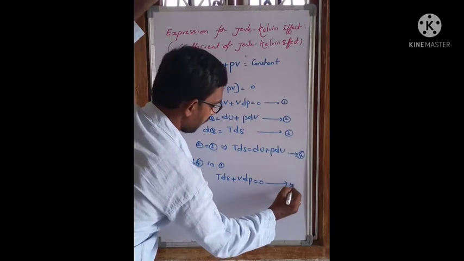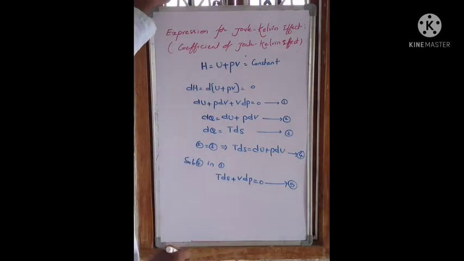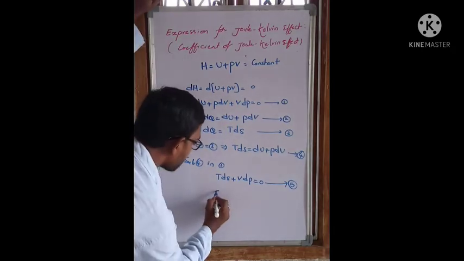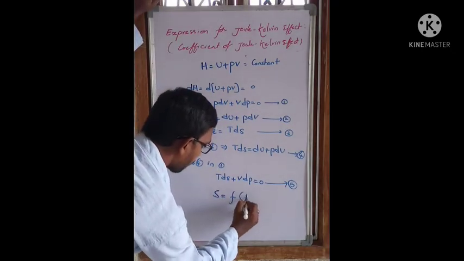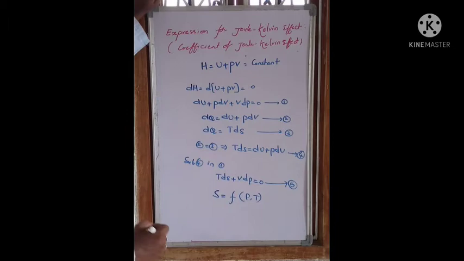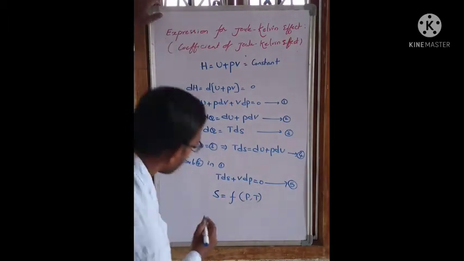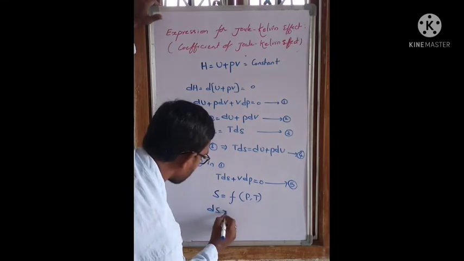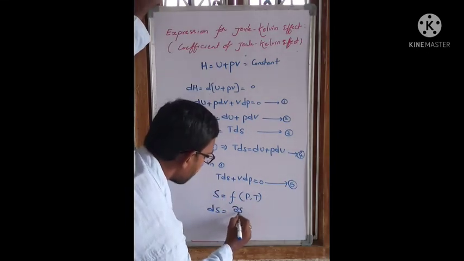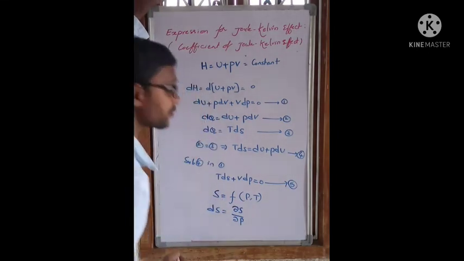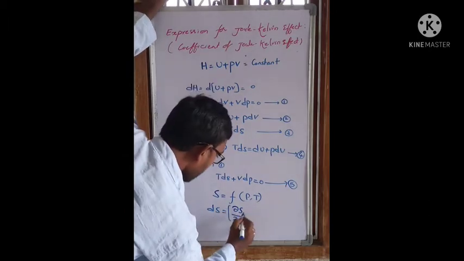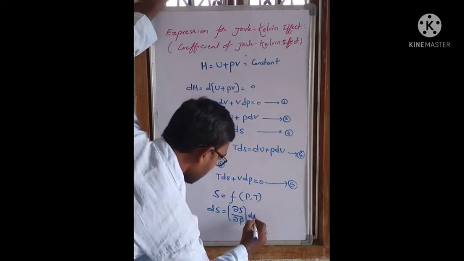Assume this is equation number 5. Now here, let us take entropy S as a function of pressure and temperature. Taking partial differentiation, we get dou S by dou P at constant temperature T, dP,